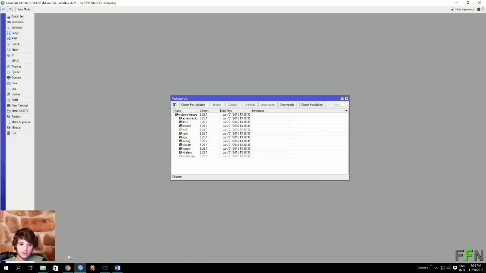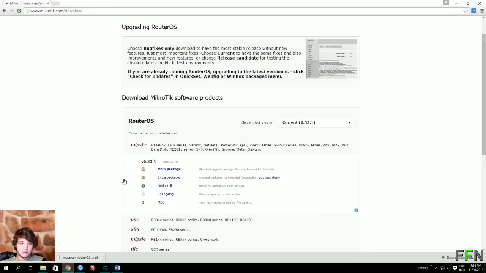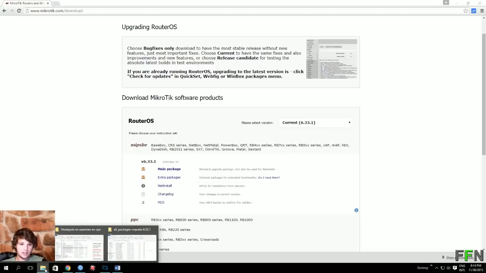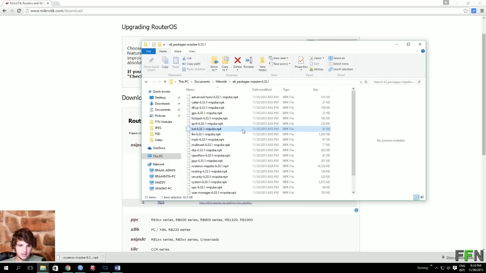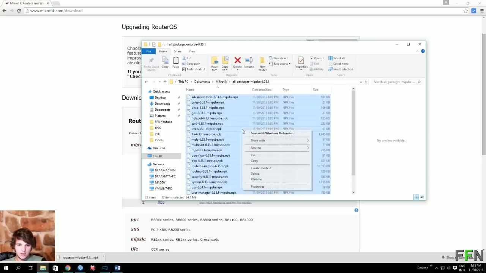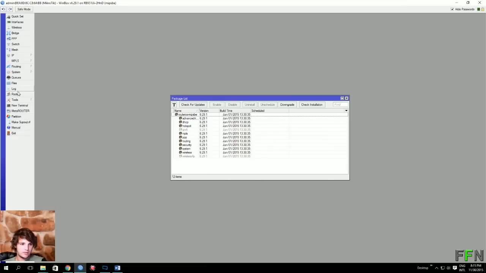So the easiest way is just to go to MikroTik's website. Make sure you've got your right MikroTik selected. As I'm using a 900 series MikroTik, click on Extra Packages and download it. As you can see, I already did that, and I've extracted it as well. Select everything that's inside that folder and copy it onto your MikroTik's files,